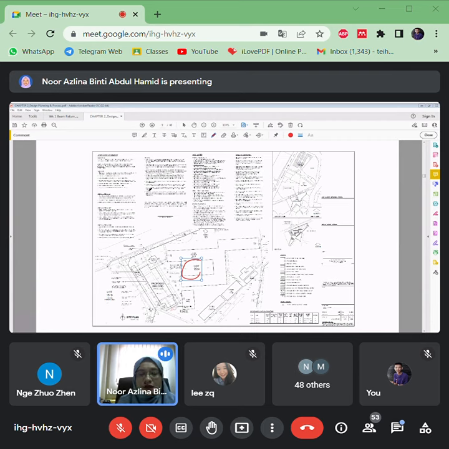Okay, this first assignment actually is a part of your project. Tak adalah buat assignment lain kan. So we just focus for the project. So I extract sikit daripada project ni to be as your assignment. Okay, which is you have, each of the group member, you have to come out with the architecture drawing. And then from the architect drawings, you have to make it as a structural drawing. Okay.